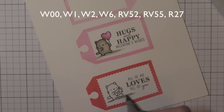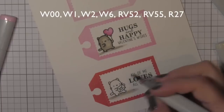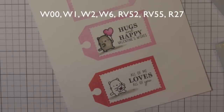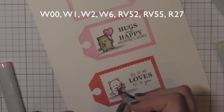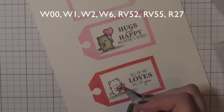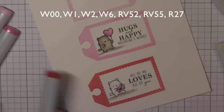If you really try to lay it out perfectly, I always tend to pull one side a little bit and the frame really warps. So I just try to drop it right on my work surface and that generally will give you the best shape. Finishing off my last tag,